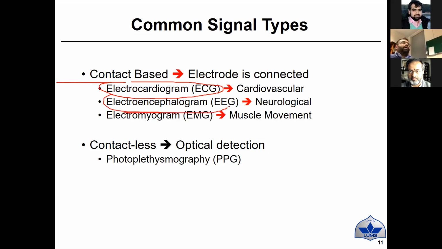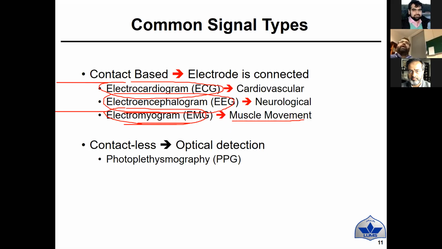Then we have the electroencephalogram, EEG, used for neurological disorders, mainly for non-invasive purposes. We have also further categorization, which I will just mention. Then we have electromyograms, EMGs, for muscle movement, and they are also used a lot in fitness. We use muscle movements to detect them. All of these are being used, especially for knee injuries. EMGs are very much important nowadays.